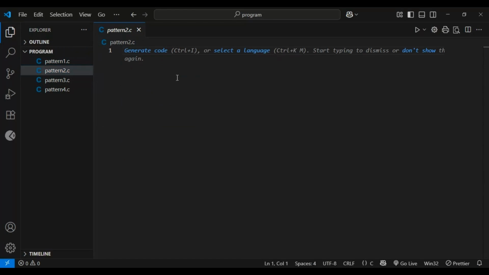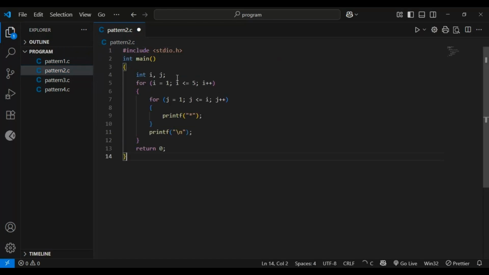I am not typing it again because the program is very similar and I don't want to waste your time, because if I type again, it will take more time and the video will become longer. So j is 5 and we compare j with i, and the change is j is greater than or equal to i, and we decrement j by 1.